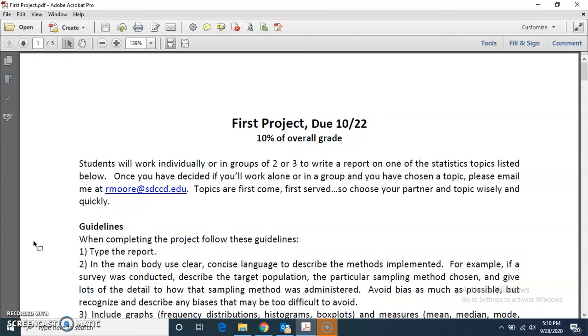I'll start just by reminding you guys this is 10% of your overall grade, so definitely a big part of the course. Students will work individually or in groups of 2 or 3 to write a report on one of the statistics topics listed below.